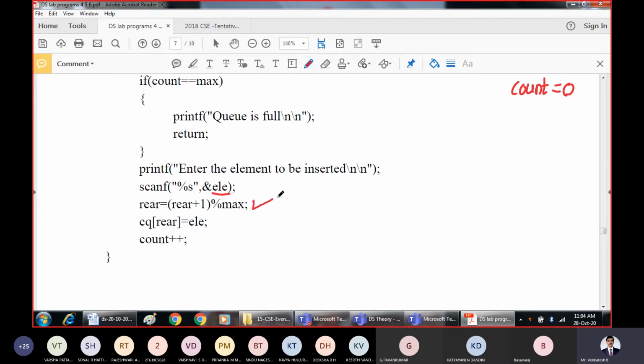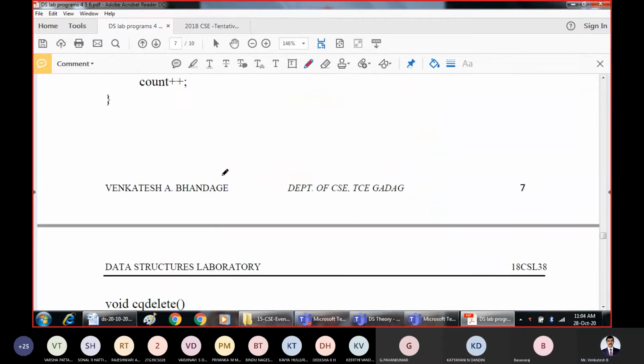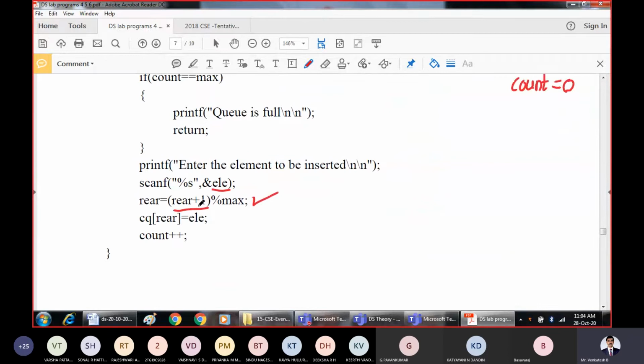Whenever you insert an element to the circular queue, what is the procedure that we follow? Increment the rear by 1. Whatever the present rear value is, perform rear equal to (rear plus 1) modulo max. The present rear value is -1, so -1 plus 1 is 0. 0 modulo 5 is 0 itself. So it will result in a value of R as 0.